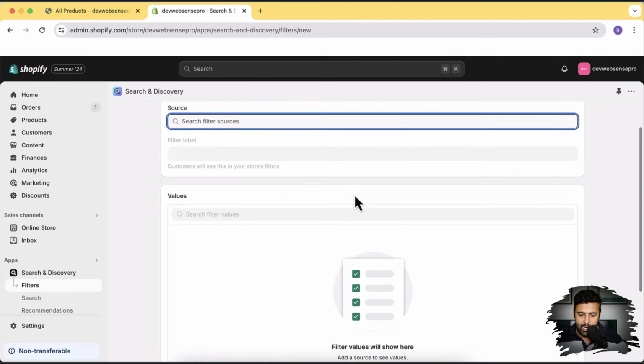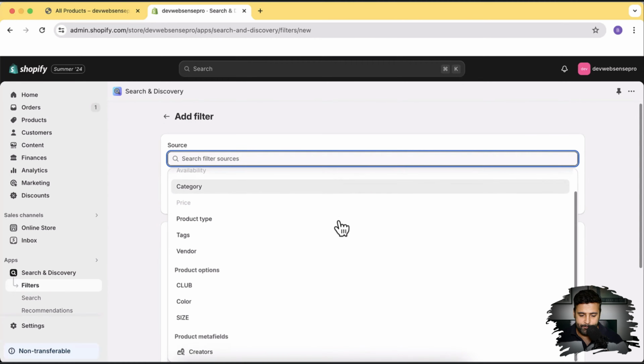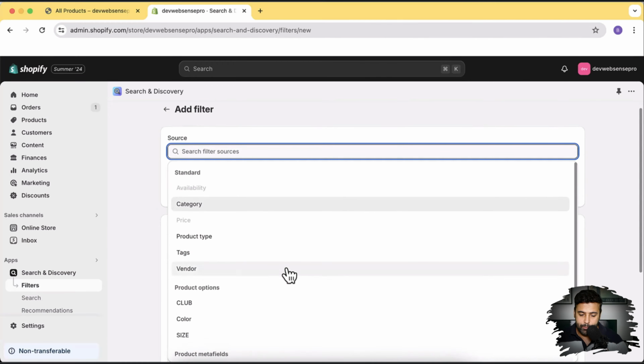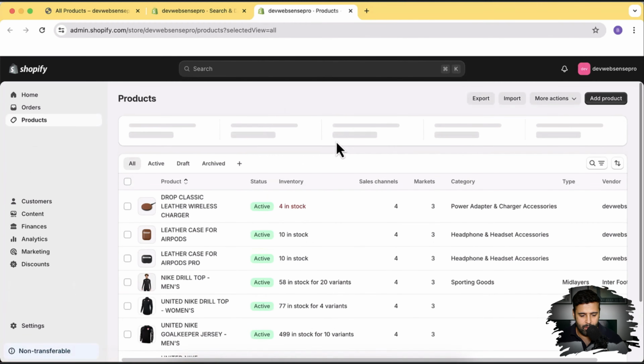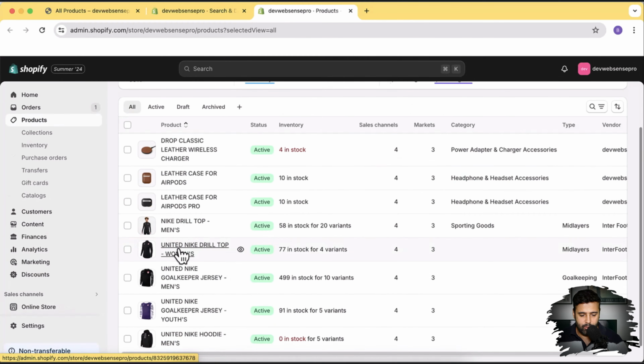And here, if we scroll down more, we have product options. These are basically variants of our products which are showing up here. I have a few products where I have a variation of color. So if I open up my product backend and open up this product, for example,